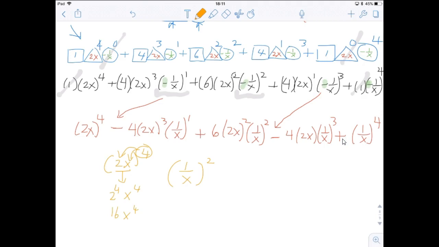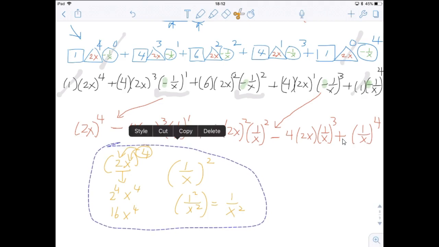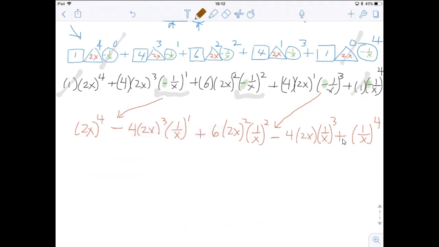Now if you have 1 over x squared, that's actually equal to 1 squared divided by x squared, which is actually equal to 1 over x squared, right? The 1 squared is just 1. Okay? So be careful with this step because this is the one that a lot of people make mistakes on. It's a real shame on a binomial expansion problem to make these kind of mistakes and get everything else right, because you lose actually an extra point just by the fact that you didn't get the right answer at the